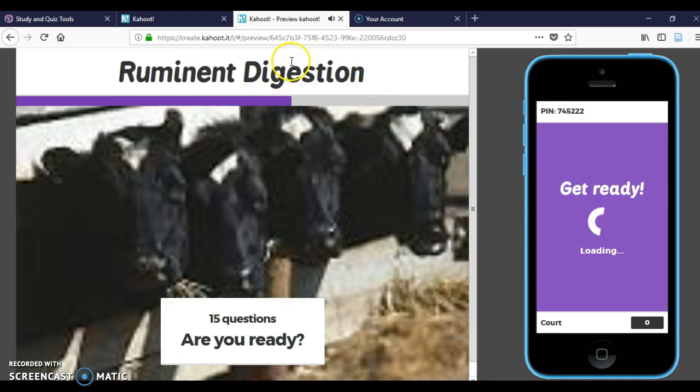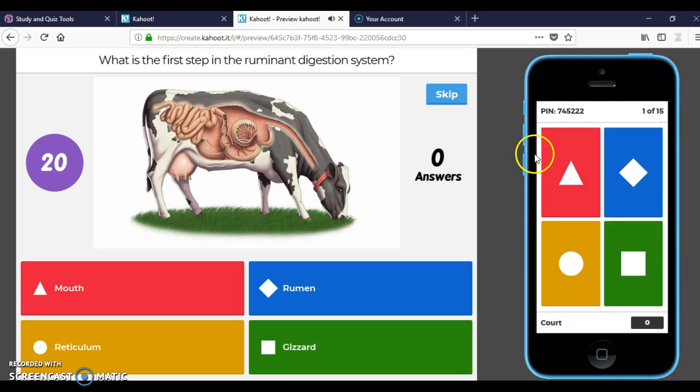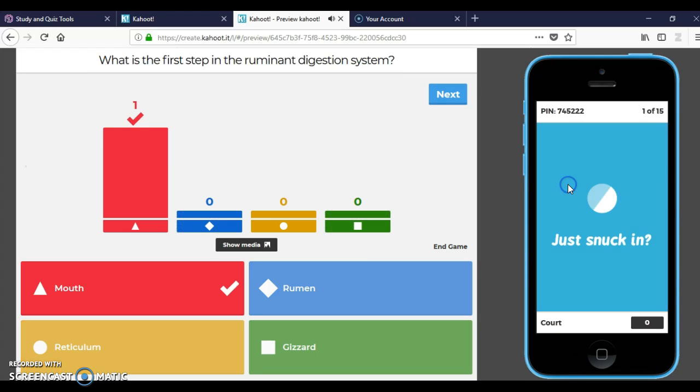And then basically how Kahoot works, it will ask you a question, and the question is, what is the first step in the ruminant digestion? And then you're going to look at the 4 choices and pick which one you think is right. And you're going to click it on your game, which is this, and it'll show you whether you've gotten it